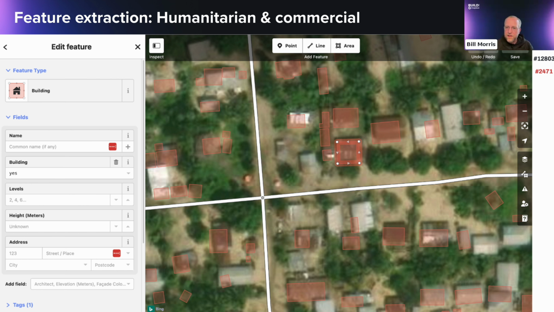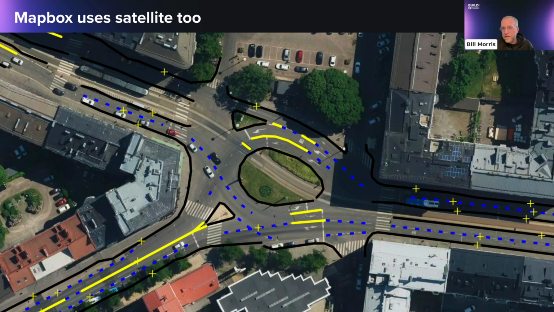You can get a sense for access based on roads. These are sort of manual methods that I'm describing, but over time, the Humanitarian OpenStreetMap team and others have developed automated methods of feature extraction from this imagery. And as it happens, we do this internally as well. So the Mapbox team